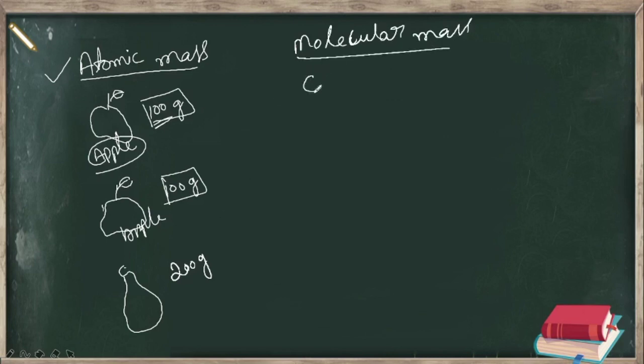As in the case of oxygen, what is the symbol of oxygen? Oxygen symbol is O, right? But when it is present in molecular form, it is O2, because we know that oxygen exists as a diatomic molecule, right? And we can say it is a molecule of an element. Why? Because this molecule is made up of the same kind of atom, that is O plus O. So both atoms are the same. It is a molecule of an element, right?